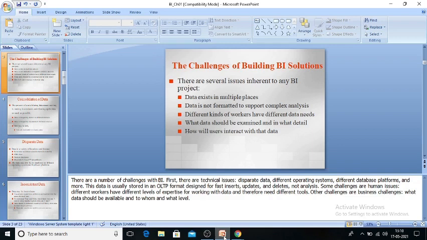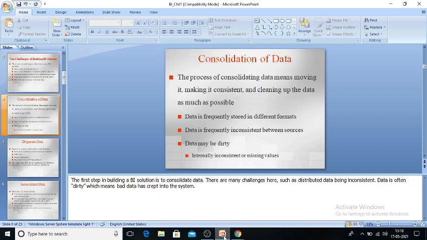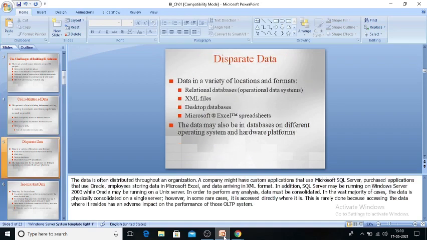Whenever we are building business intelligence BI projects, these are the challenges. Those who are building the BI solutions need to concentrate on these challenges. Already we discussed this. Now next is